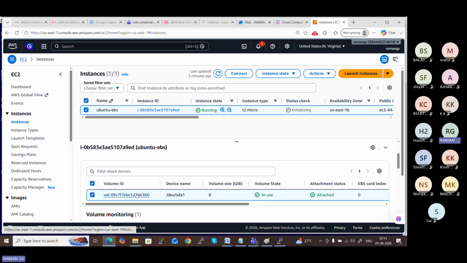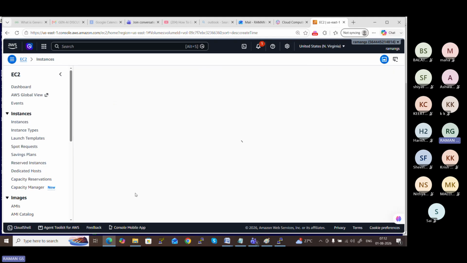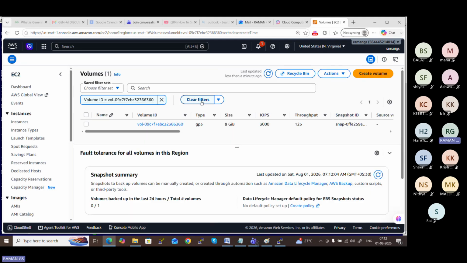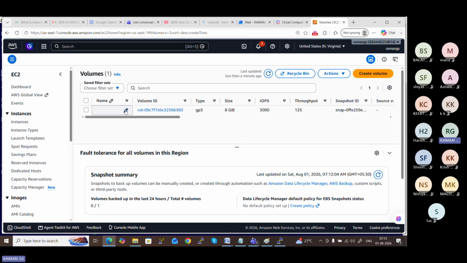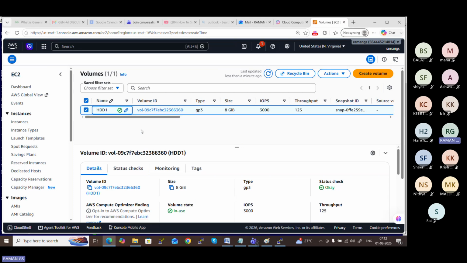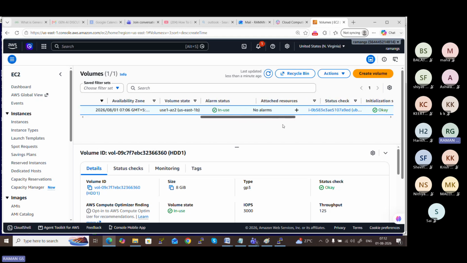When I click on this volume, you can find that we can designate a name, hard disk one. Hard disk one is the root volume. If you look at the volume state, you can find it is in use.